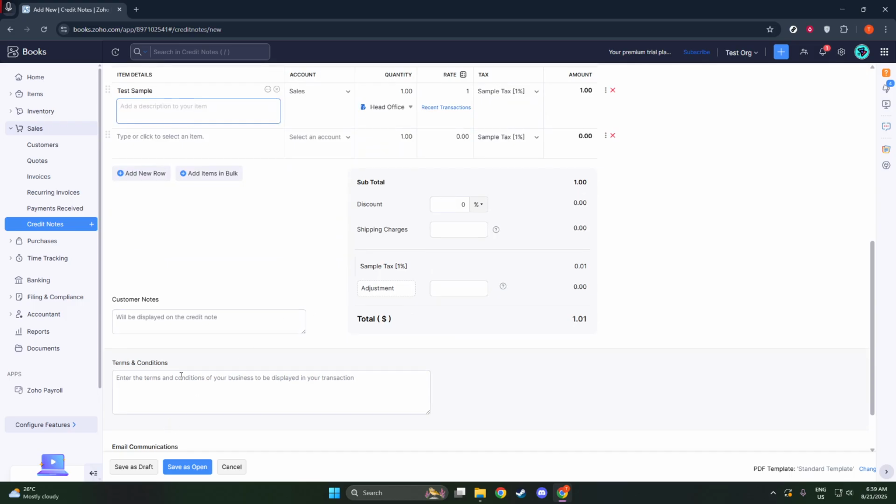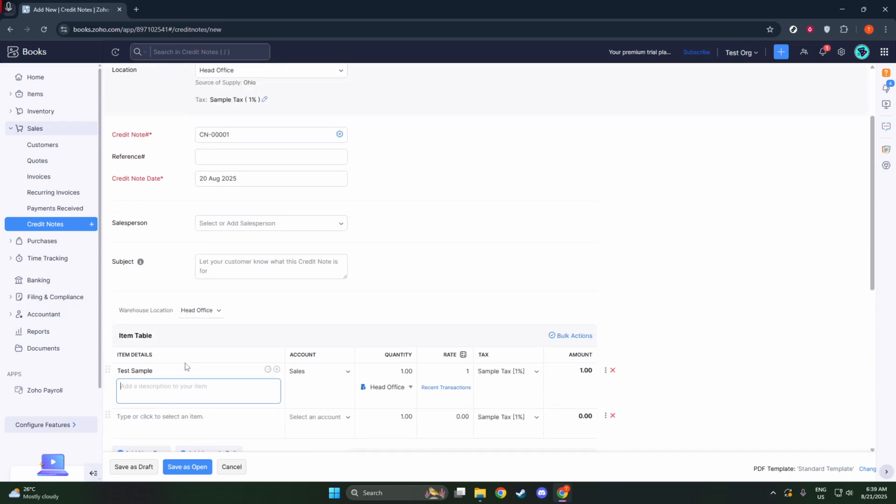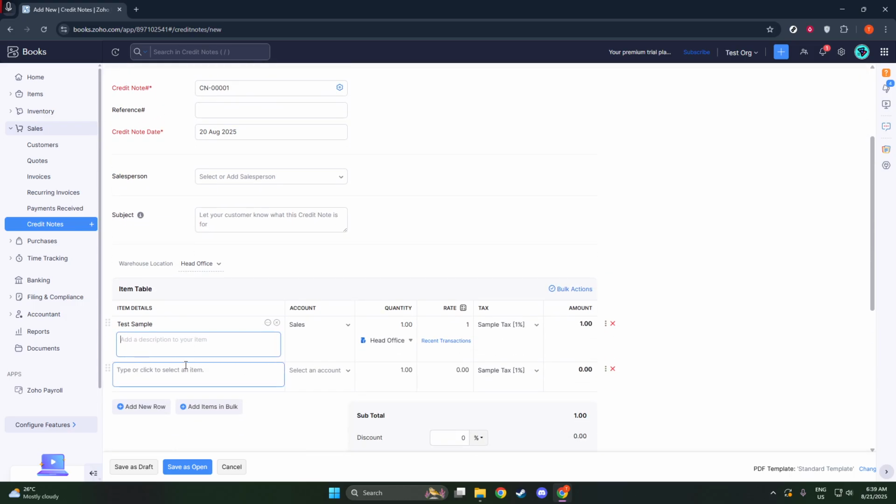Continue by entering the amount associated with each item. If there are taxes that apply, be sure to include these as well. This accuracy is not just a requirement for creating credit notes in Zoho Books, but also a good habit for maintaining financial clarity. Once you have diligently filled in these fields, it's time to decide how you want to save